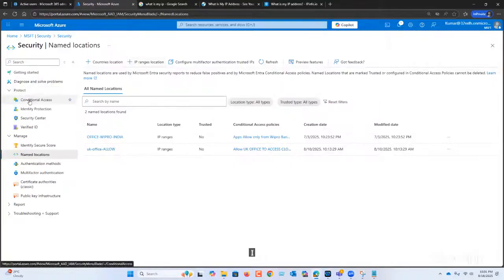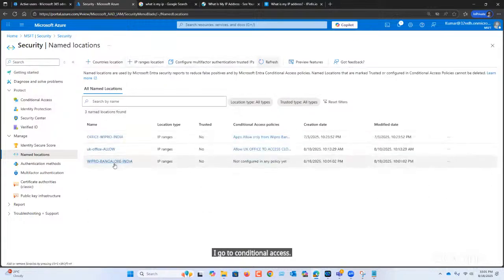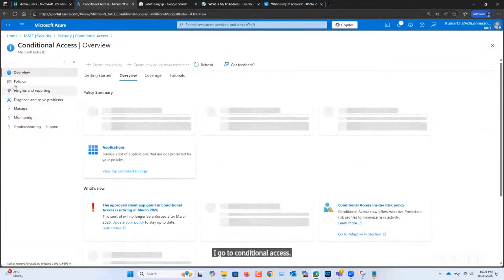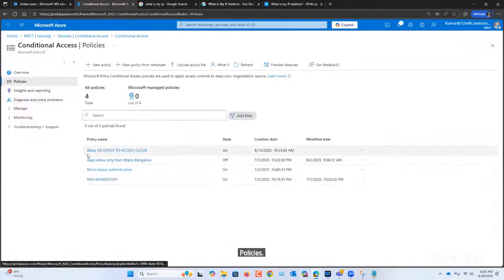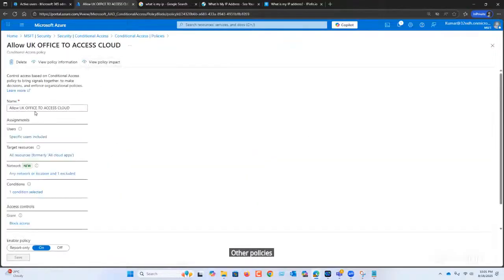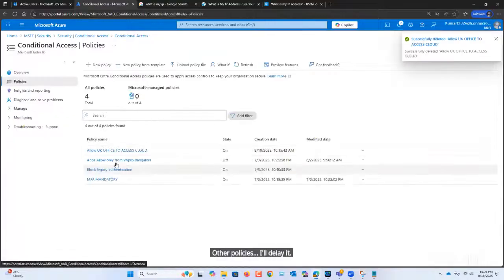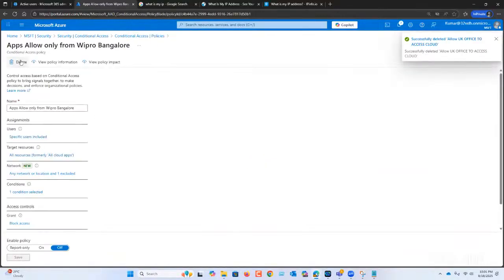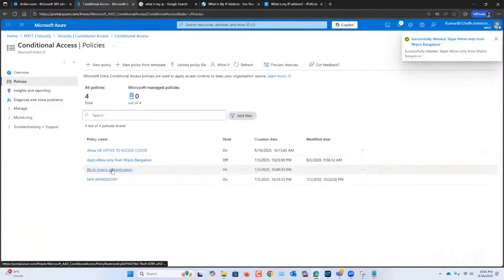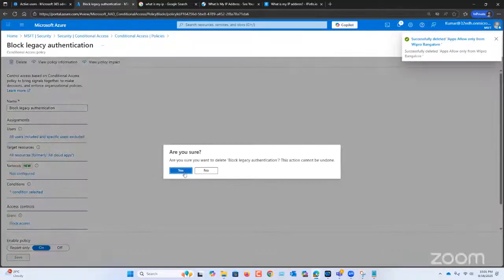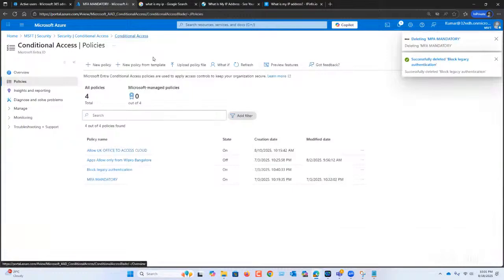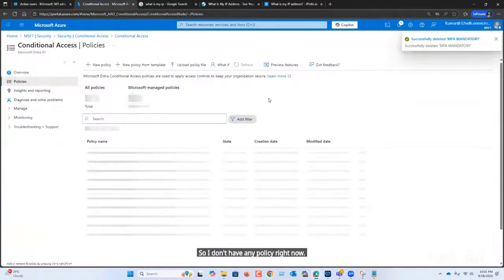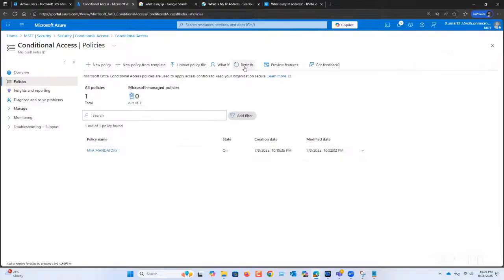I go to conditional access, policies. Other policies, I'll delete. So I don't have any policy right now. So I put a policy.